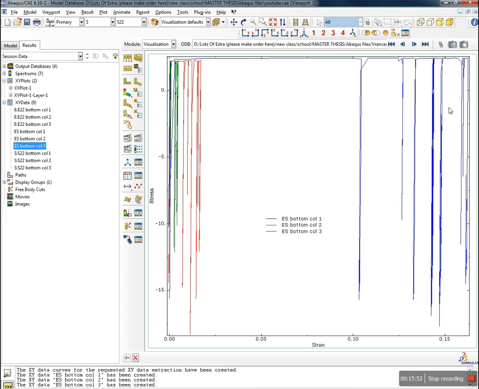The blue line for column 1, red line for column 2, so the element of the bottom of column 2, and the green element of the bottom of column 3. And we can see that the strains are the highest for the bottom of column 1. So they are basically crazy high. We have here 0.15, so it's 15%,